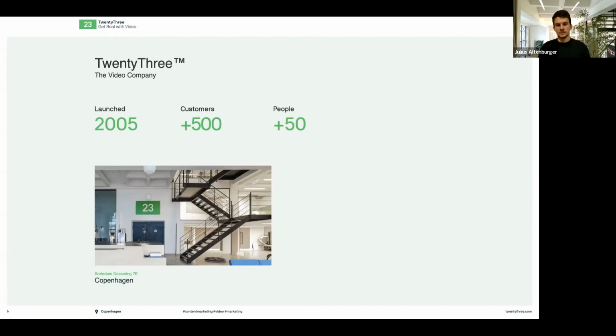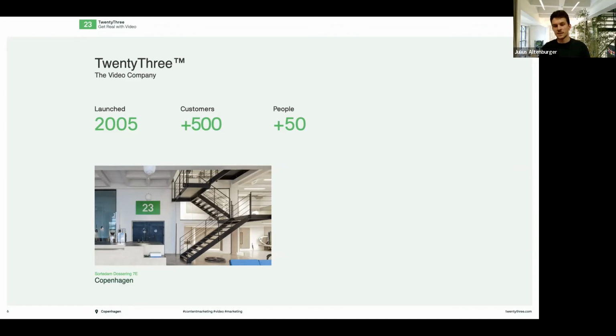TwentyThree is a company founded in 2005. We have around 500 customers from all around the world, from small startups from Denmark and from the world up to global enterprises that are using us in multiple markets to roll out their video strategies and do everything around video.